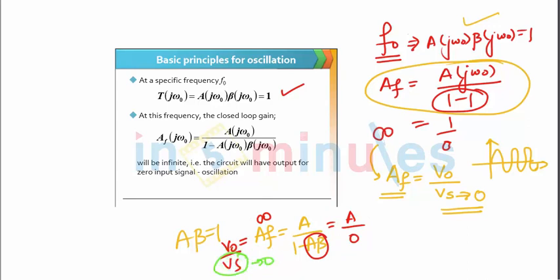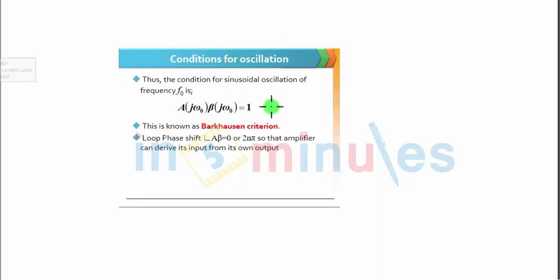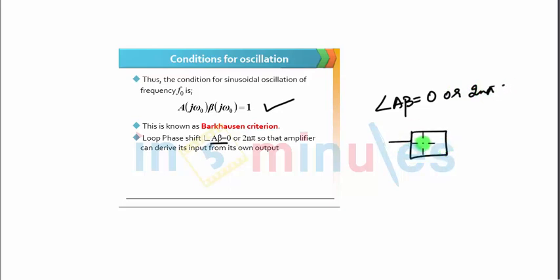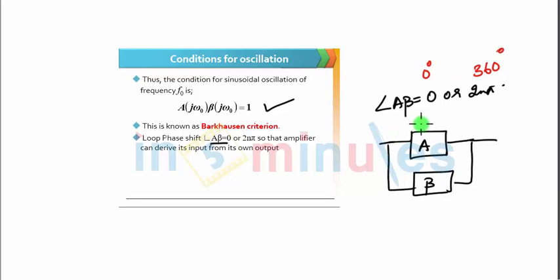That is one of the conditions, and that condition is satisfied, and the second is if the phase shift of A into beta is 0 or 2n pi. What does it mean? Suppose there is an amplifier, you have a feedback network beta, 2n pi is nothing but 360 degrees or 0 degrees. Suppose the phase shift added by the amplifier is 180 degrees. This is your signal, so 180 degree phase shift will be like this. Total phase shift you want 0 or 360 degrees. So if I add 180 degree phase shift in the feedback network, the input will be in this format but the output will be in this format for the feedback network.